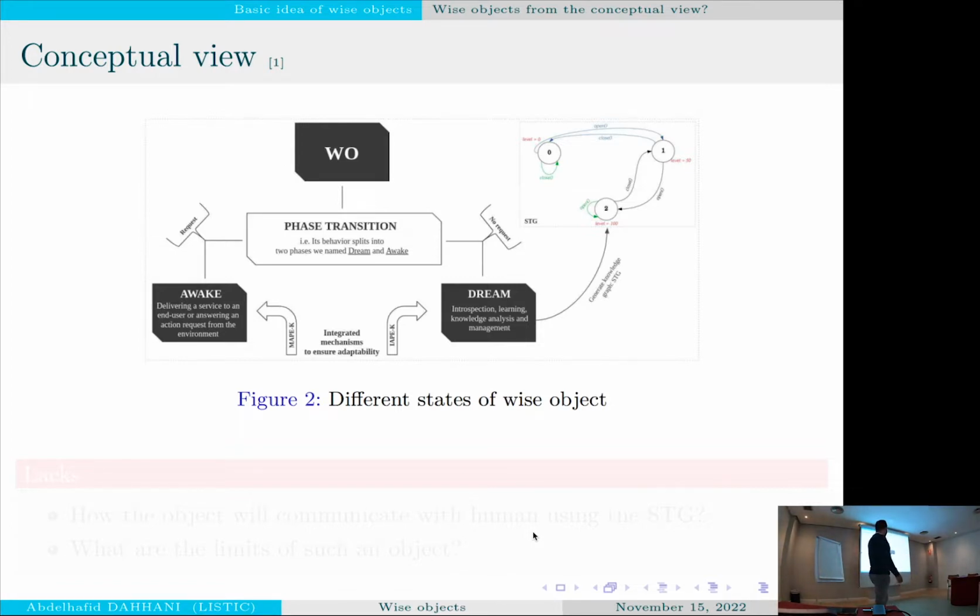And the dream state is the most important part in the Weiser object. In the dream state, it can do introspection. It's like it's seeing itself without another third party, like a human in this case. It can activate the learning. It learns about the knowledge gathered during its functioning, and also analyzes and manages the knowledge.